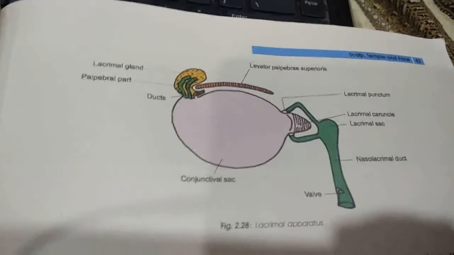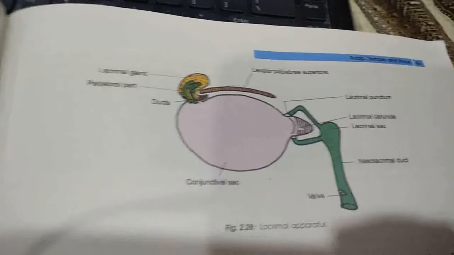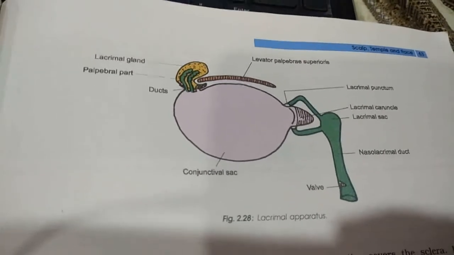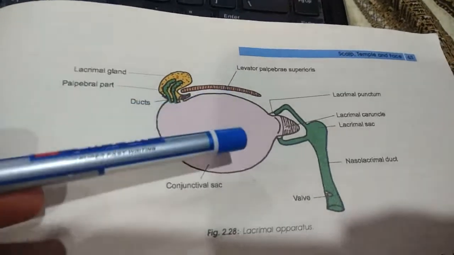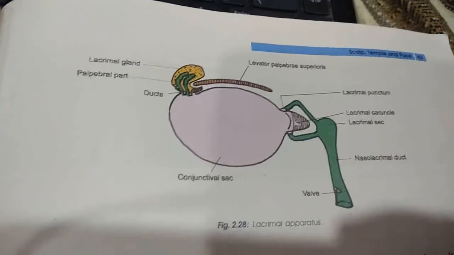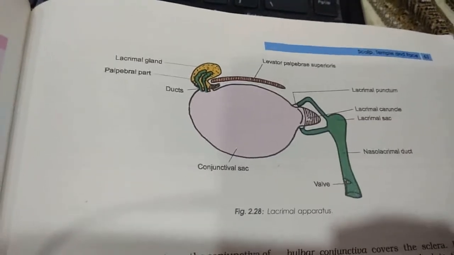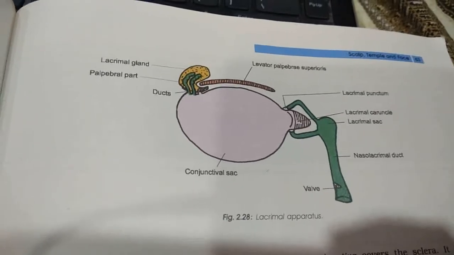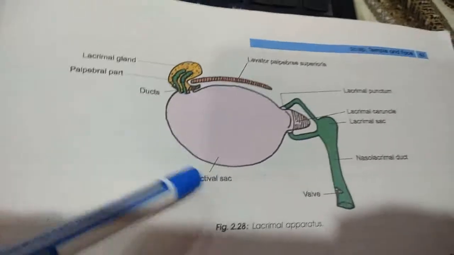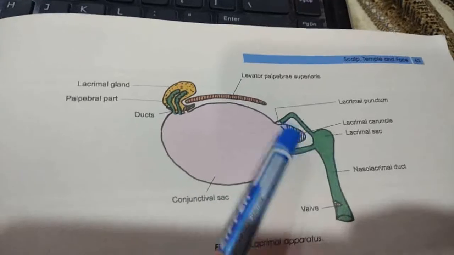The lacrimal fluid is secreted by the lacrimal gland, which flows into the conjunctival sac, where it lubricates the front of the eye and the deep surface of the lids. Periodic blinking helps to spread the fluid over the eye. Most of the fluid evaporates. The rest is drained through the lacrimal canaliculi.